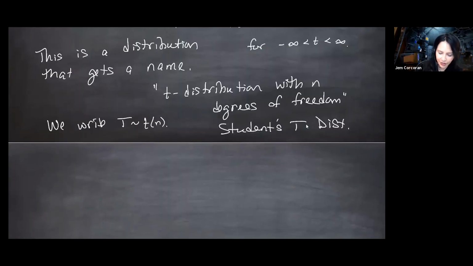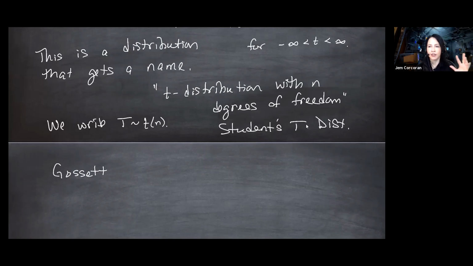Gossett. Okay, so a guy named Gossett, I believe it's William Gossett, came up with this t distribution, and he worked for a brewery in Guinness, Ireland, in the 1800s, and they were trying to do some testing. I don't know if it was quality control or what it was, but they wanted to do some tests about their beer, and they were doing it based on small samples. And this guy Gossett came up with some techniques for them that would work statistically with small samples.